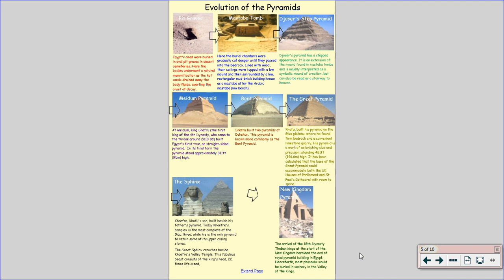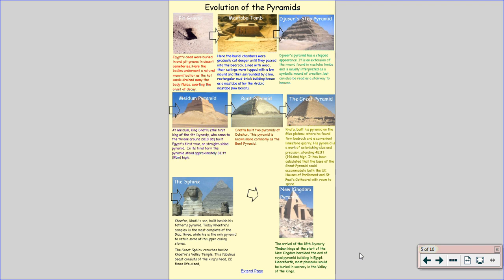After that, kings were buried in the Valley of the Kings rather than in their own pyramid. But they would have pyramid-style openings to their tombs, to keep in time with the pyramids. But they were buried in secret in the Valley of the Kings. And the reason for that is because people would try and go into the tombs, into the pyramids, and steal from the kings that lay there. So they started to bury them in secret after that.